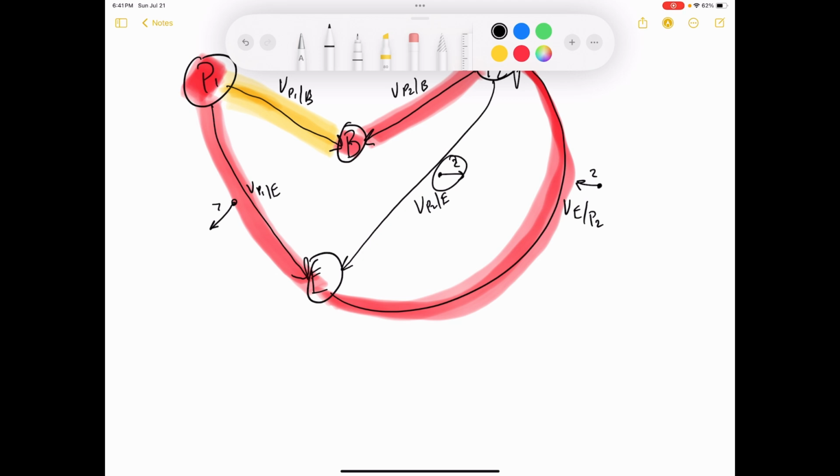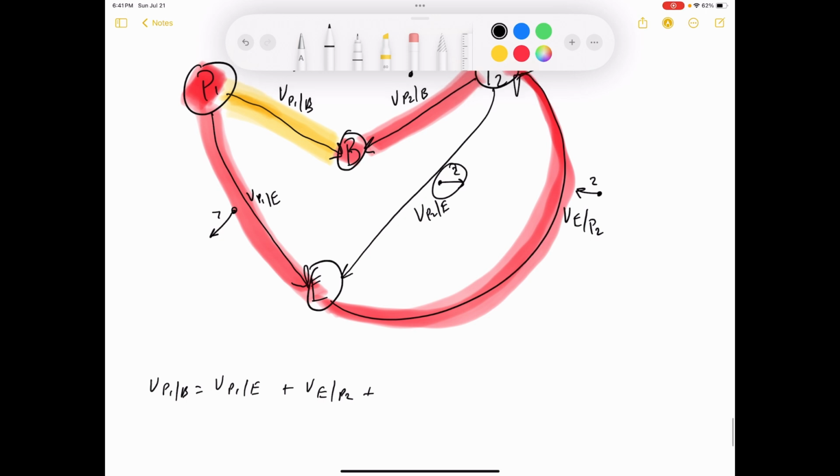So if I say the velocity of P1 relative to the ball, that's what I'm looking for, that's the yellow, is equal to the velocity of P1 relative to Earth plus the velocity of Earth relative to P2 plus the velocity of P2 relative to the ball. And then you could imagine like this is the denominator, that's the numerator, denominator, numerator. And so what you're left with is